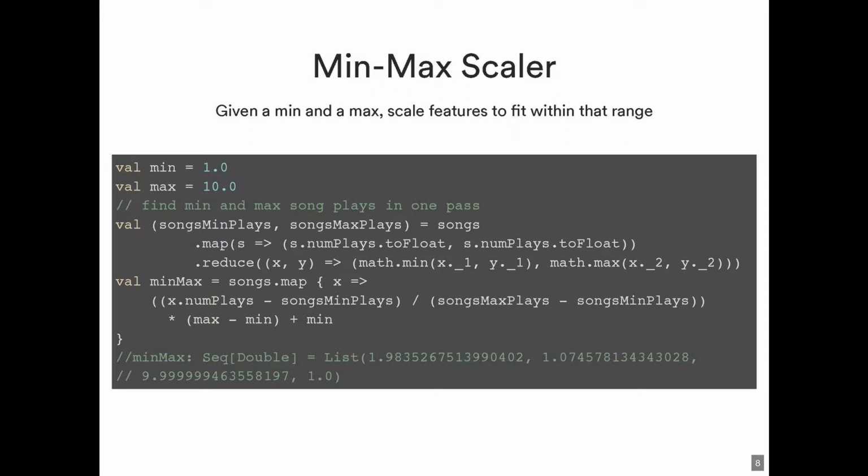On one side of the tuple, find the minimum, and on the other side of the tuple, find the max. And that way, at the end, you should get the minimum and the maximum. And then from there, you can take the min-max that you found and scale your features down to that range. As you can see in this last line of code, we're taking X, which is a song, and scaling the number of plays